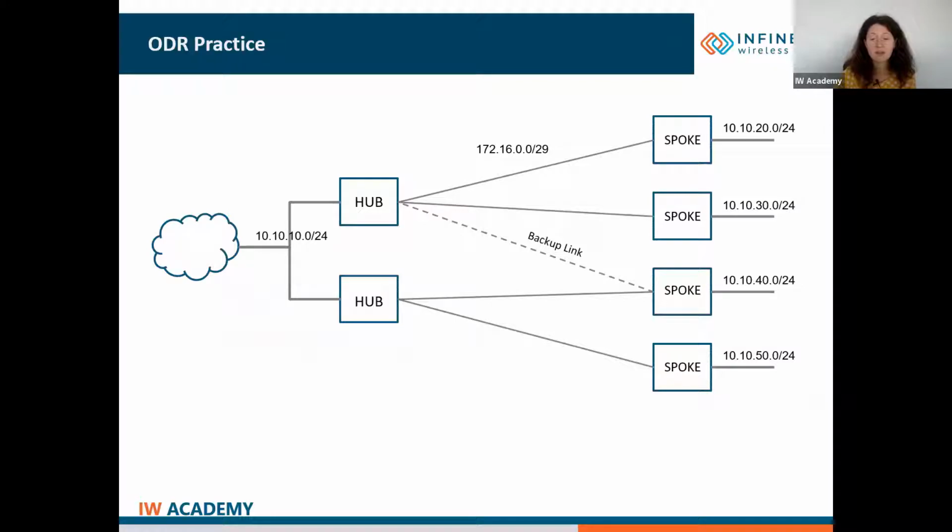Let's now review its functionality by using the example in this slide. The ODR protocol has two roles, hub or the central device and spoke or the dead-end devices. As a rule, the hub device is the base station, which has a connection to the backbone network. The dead-end devices are the subscriber terminals, which are directly connected to the end user's devices using different subnets, as we can see in the picture. The hub sends messages to all the other devices in order to communicate its role as hub. The Mint protocol service fields are used for encapsulating the ODR messages.